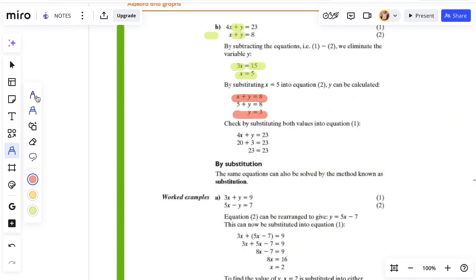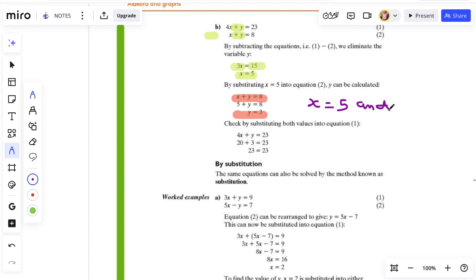But like I said, you should write out your answer. You should always say x. When you finish, you should write out your answer, the values of x and the value of y. You say x equal to 5. Don't just stop there. You should write them out together in one line to show the examiner, because the